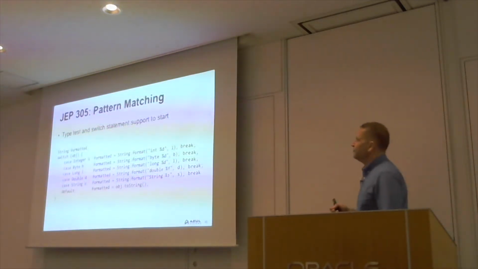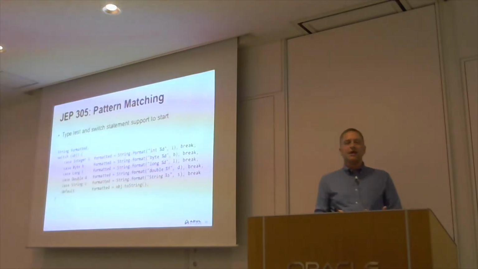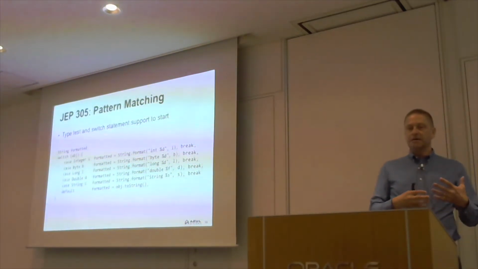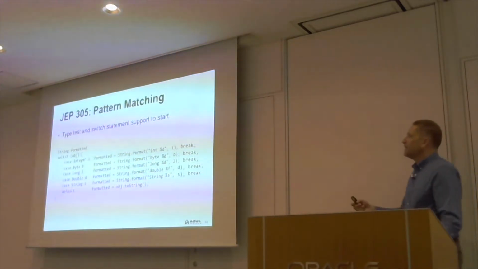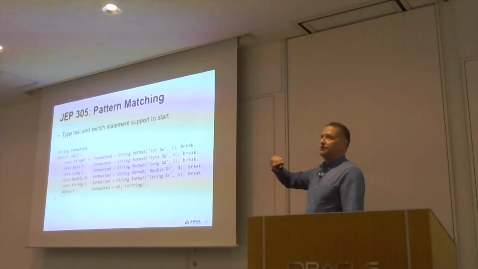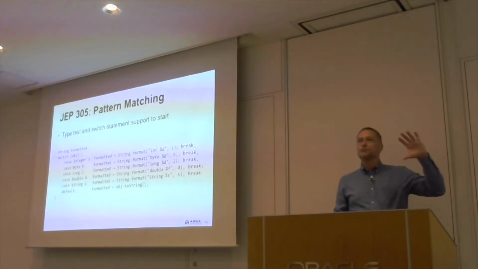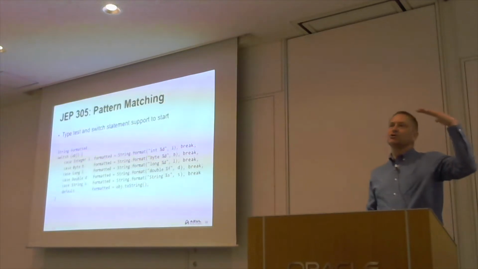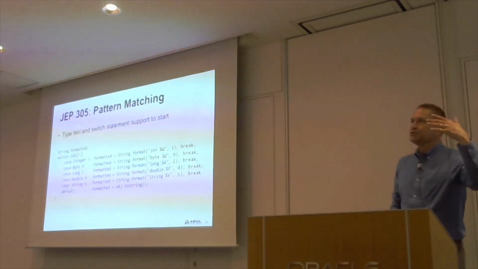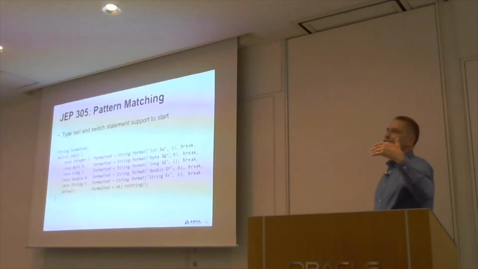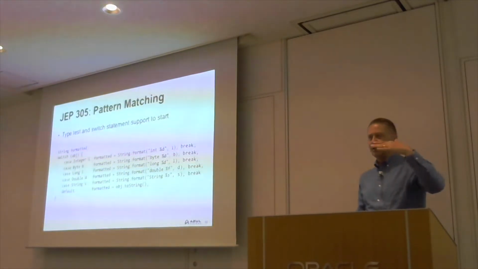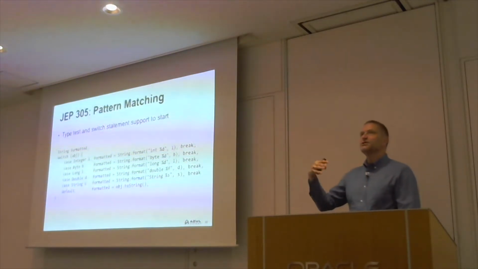Pattern matching. There's some interesting ideas here. And this is pattern matching more to do with the way that it works in terms of things like the switch statement. This is something that's very difficult to do. Well, you can't do it in a switch statement at the moment. If you want to switch on something, you can switch on a value. So you can switch on a particular variable. Or you can switch on a string, or you can switch on an integer, sorry. You can switch on a string, or you can switch on an enumeration. But you can't switch on a type.